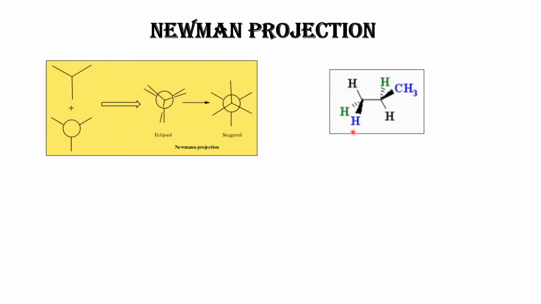How to write the Newman projection? You know very well. This is the way you need to write. The first carbon, this is the second carbon. This is the way you need to mention the 2 carbon atoms. Okay, 2 carbons. This is the eclipsed form of Newman projection, and this is the staggered form of Newman projection. See here, you need to convert this Sawhorse compound into a Newman projection. Okay, this is in a staggered form. One is on top, another one is on the bottom. It will be like this.